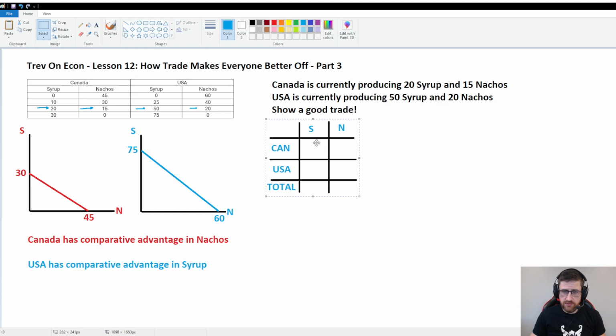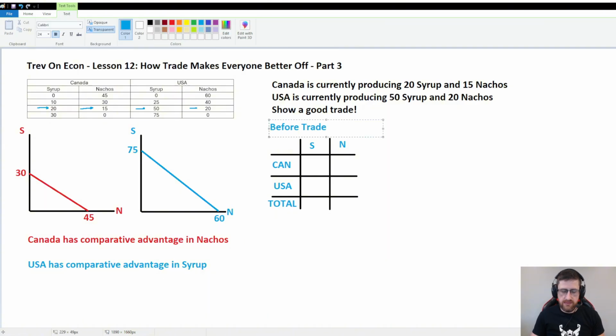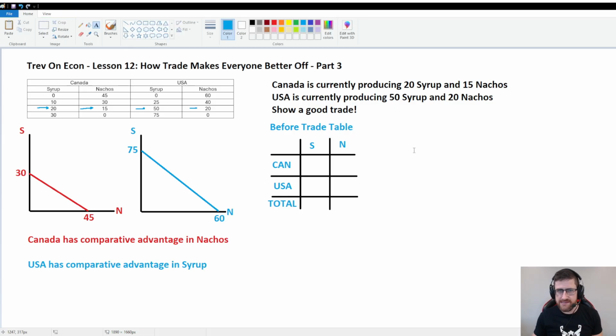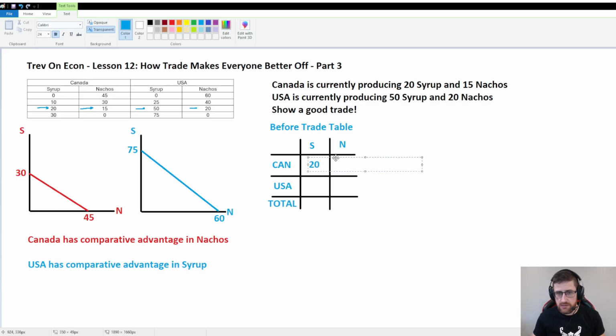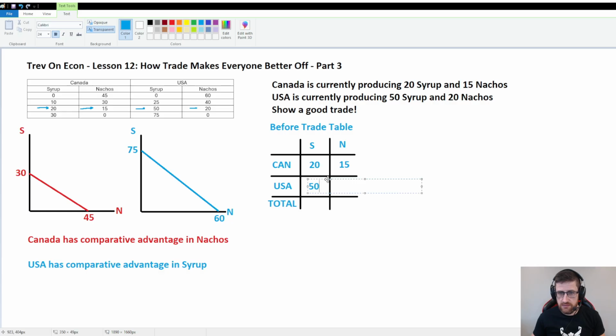So this first table is going to be what we call our before trade table. This is the one that I think most people think is sort of unnecessary, but again, trust the process. The before trade table is the easiest one to fill out. Effectively, what we're going to do is take the information in the question and put it into the relevant spots. So very simply, for Canada, they're doing 20 syrup, so we'll put 20 in here. They're doing 15 nachos. And then the US is doing 50 and 20,